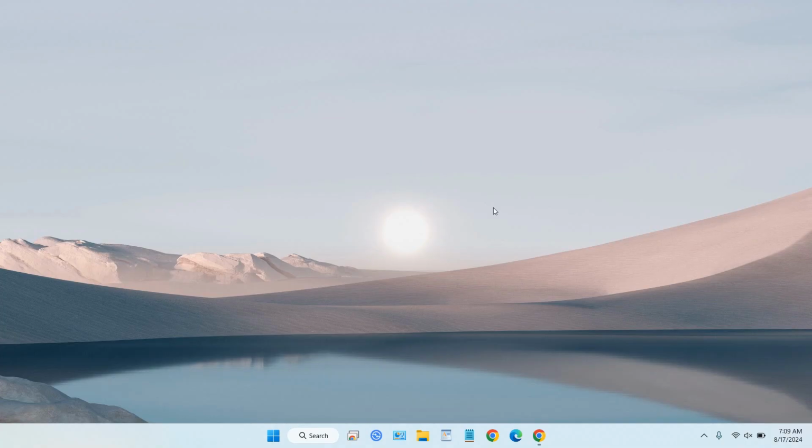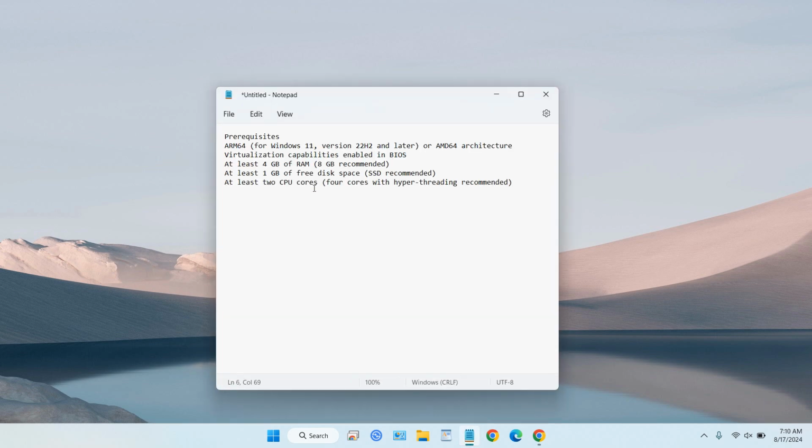In this video, we will show you how to enable Windows Sandbox on Windows 11. Windows Sandbox requires Windows 11 minimum version 22H2, and your computer must meet these requirements. You can see, for Windows 11 the minimum is 22H2, virtualization enabled in the BIOS, and at least 4 gigabytes